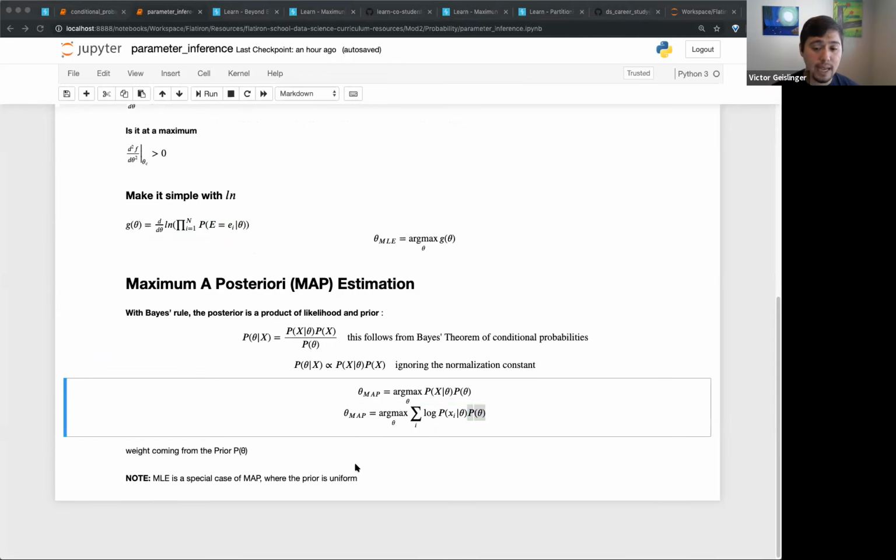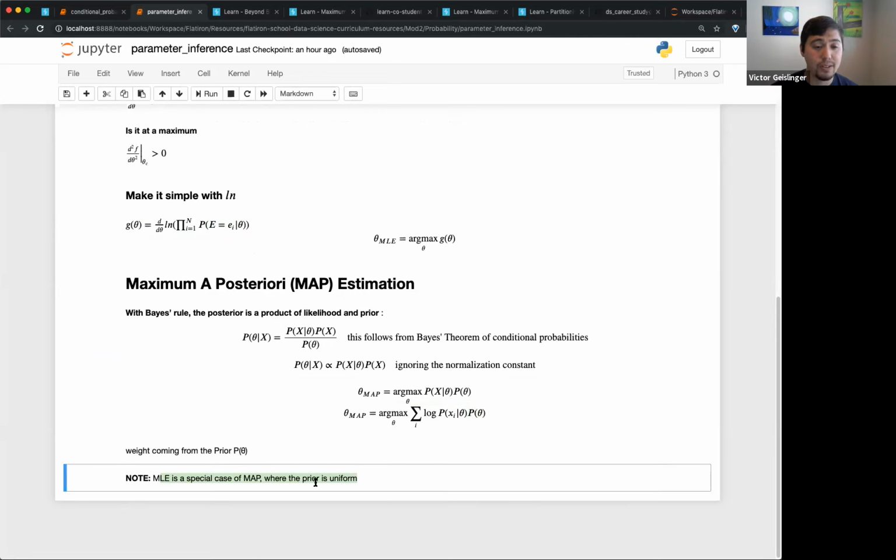If you look at this closely, MLE is just a special case of MAP where the prior is uniform. If we're always going to get the same thing, like a die throw or heads or tails, we can use MLE, it's the same process. But for example, the probability of rolling two dice and getting a 7 versus an 8 versus a 12 when you add the numbers together wouldn't be uniform anymore. We'd have to think about what theta is in that case.